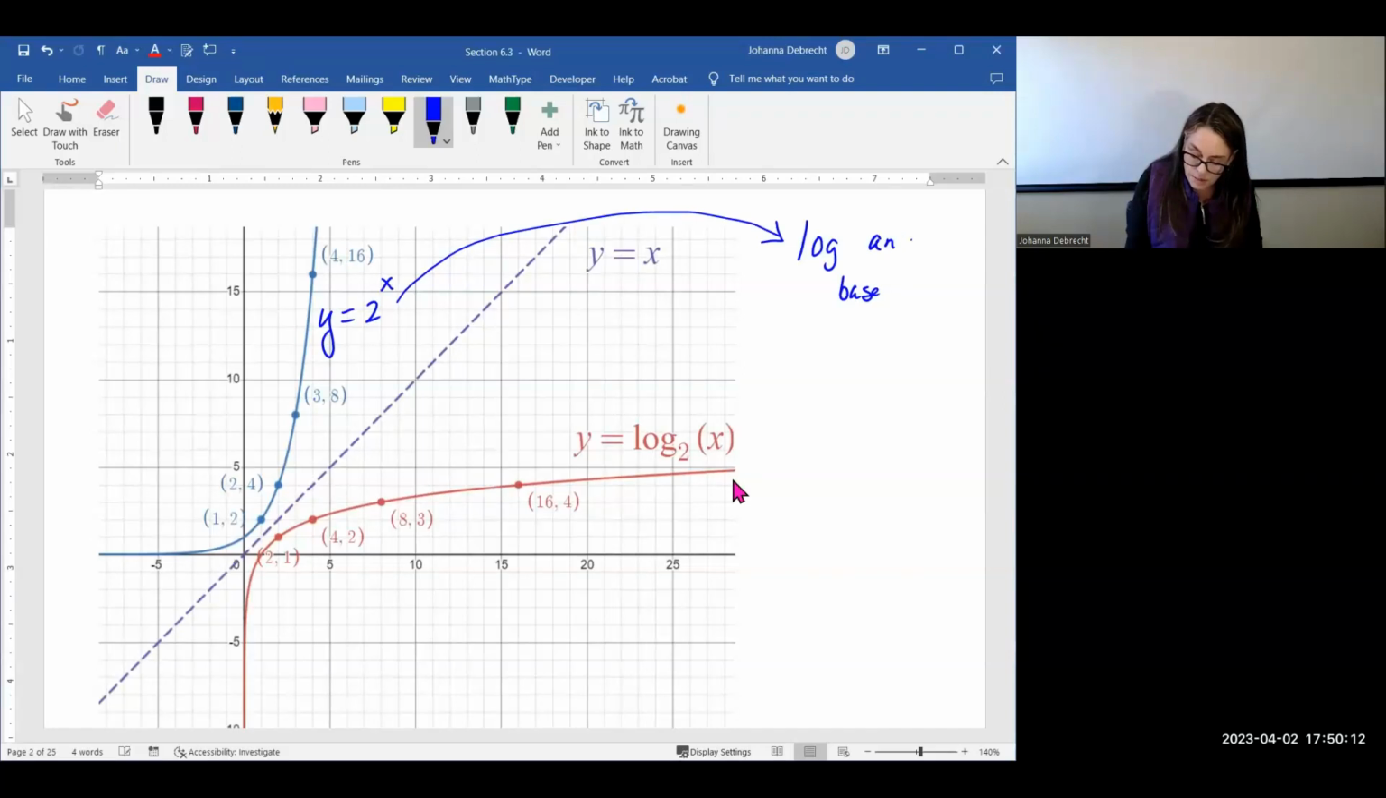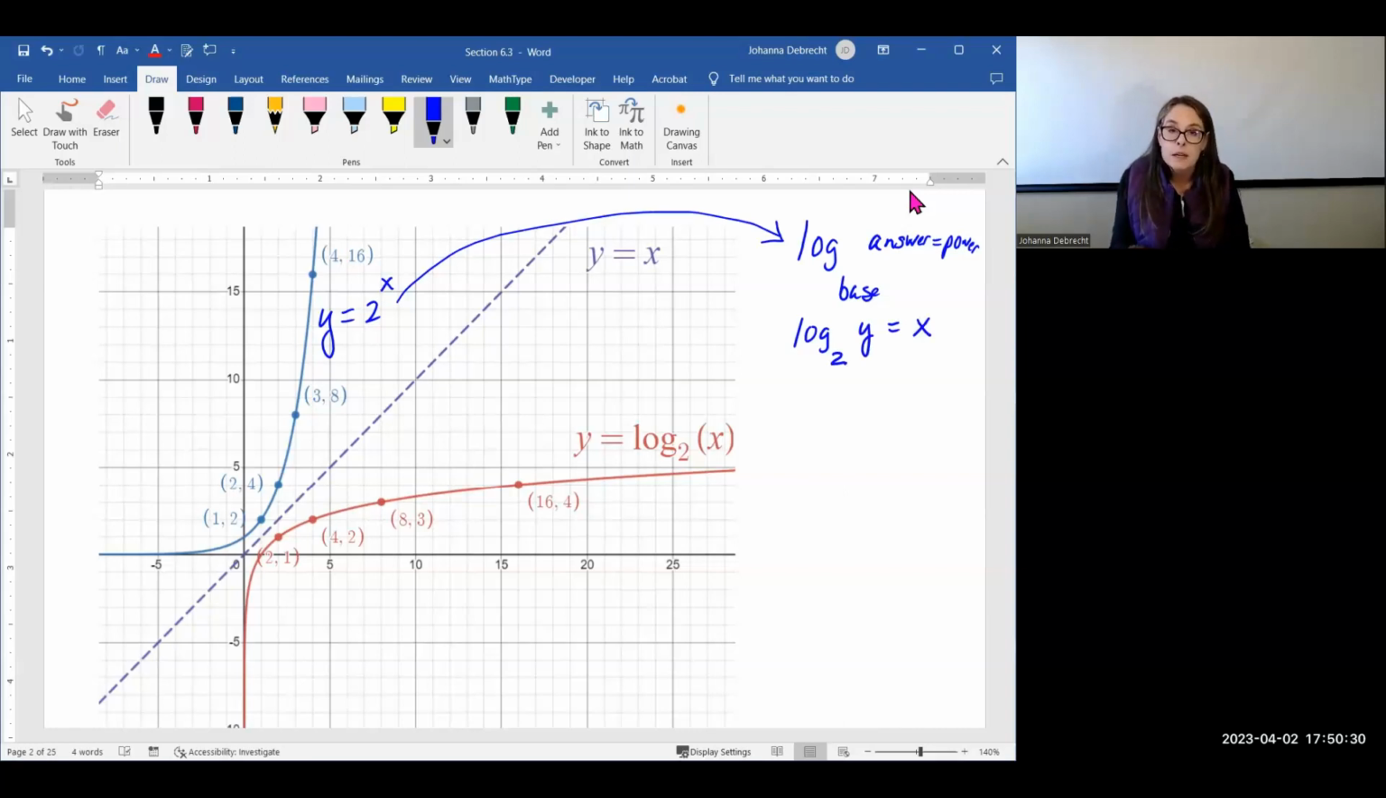Well, how should I abbreviate that? I'll just put answer equals power. So this gets translated to log base 2, below and to the right, y is the answer, and it equals x. Now, this is actually exponential form written in log form, but I want the inverse function. So I swapped the x and the y, and that will give me the inverse function,